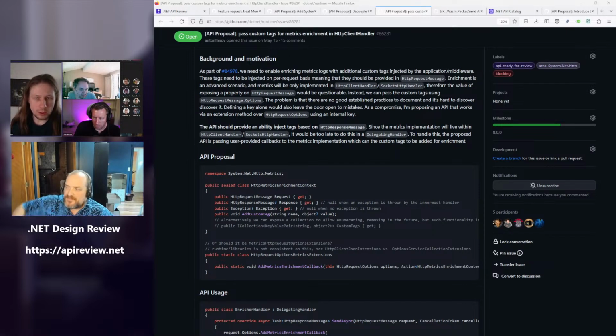So basically this API would store some object with a private key, private to the HTTP client library, and expose a method to manipulate this object, which would be this add metrics enrichment callback extension method.